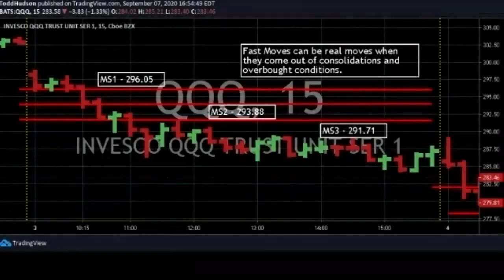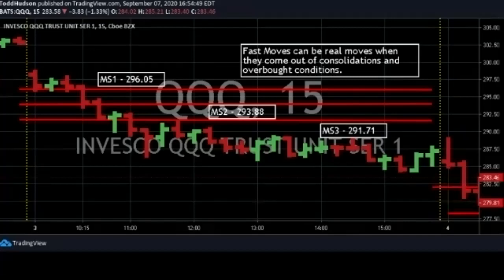First off, a scenario. This was September the, I think it's 7th. Basically, the QQQ was coming off of a pretty overbought condition. It comes down and reaches the MS1 level in the first 15 minutes of trading. One thing I will add is that these levels are incredibly close together as well, meaning that the market had consolidated quite a bit. The things that hurt this model the most are extremely tight consolidations and